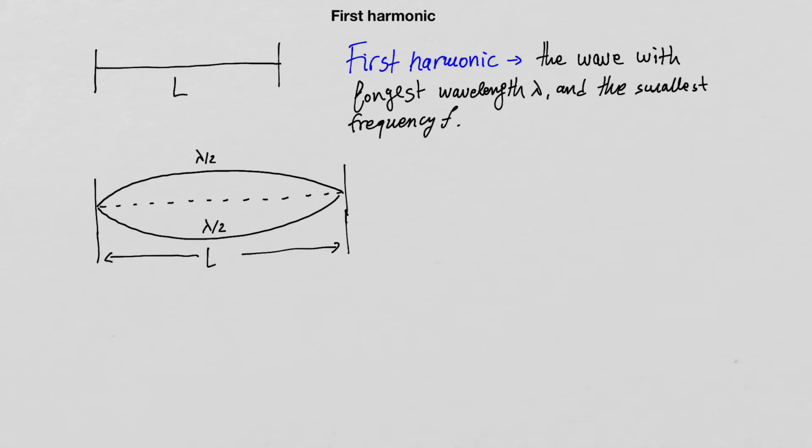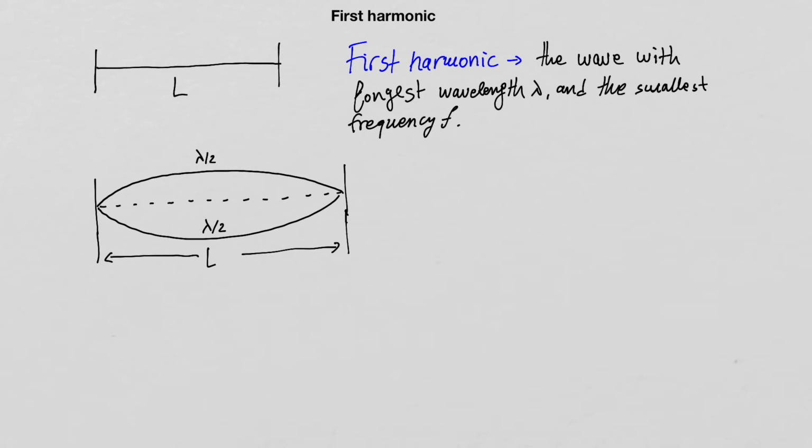When I say that the first harmonic is the wave with the longest wavelength lambda and the smallest frequency f, that means that we can only have a whole number of wavelengths that fit on the entire string. We cannot have fractional numbers of wavelengths fitting on the string, because then there will be no standing wave pattern on that string. And so here is the fundamental